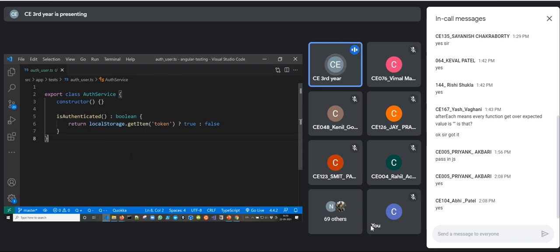Basically, this is an authentication service, and once the user is authenticated, it will store the token on the client side using the local storage. This is a new feature available in HTML5: in addition to cookies, there is now a provision of local storage.